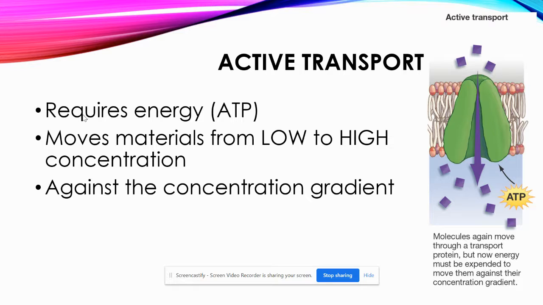Now on to active transport. Active means you need energy. Energy is in the form of ATP in cells. And this goes against the concentration gradient. Because we're using energy, it's going to go from low to high concentration. So if you think of